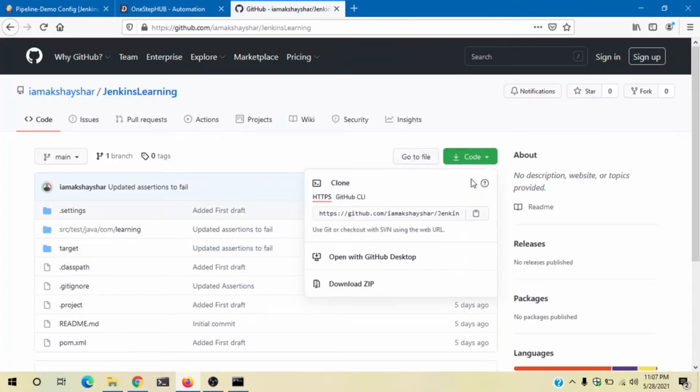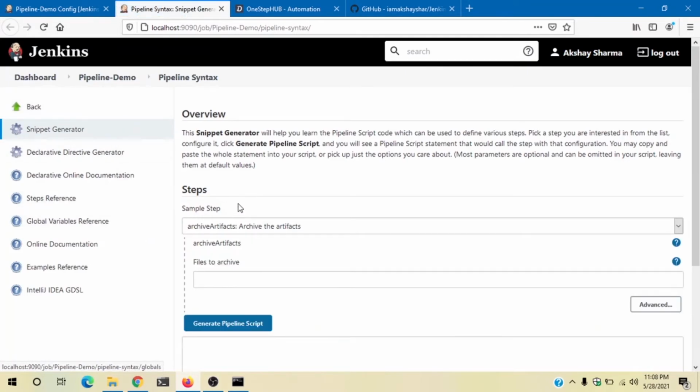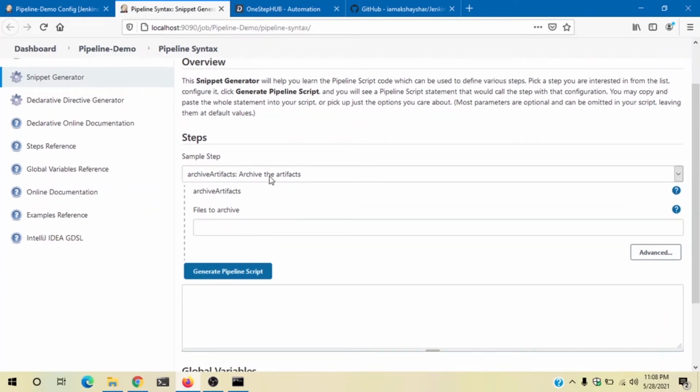So I'll copy the repository link, and to help us create this Jenkins file, we have a pipeline syntax generator. This will give us the template for whatever execution or actions are required to be done in a stage.